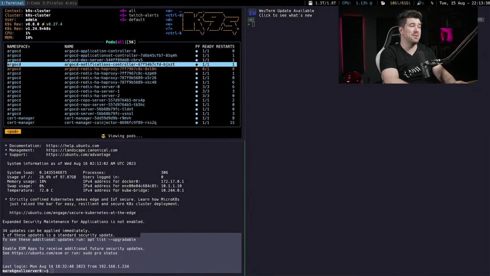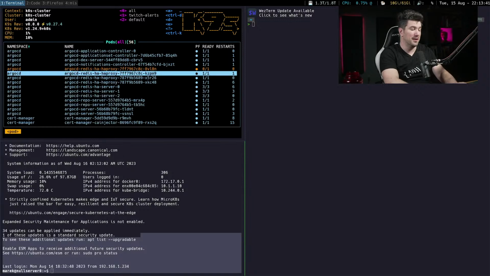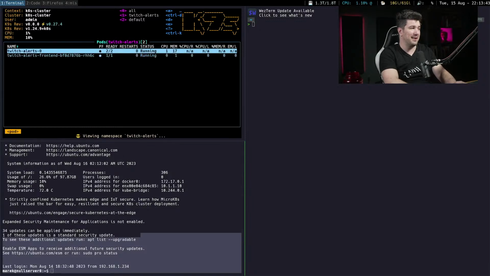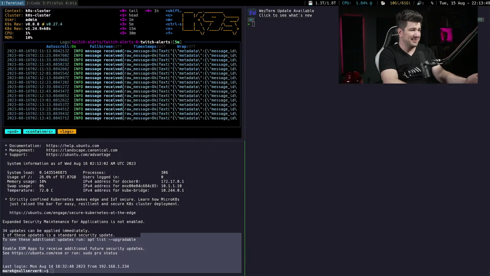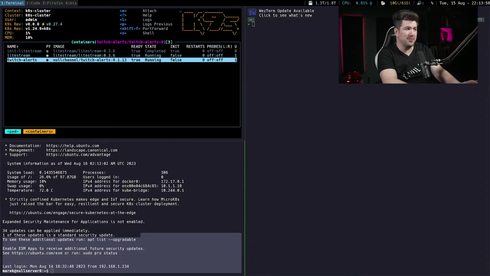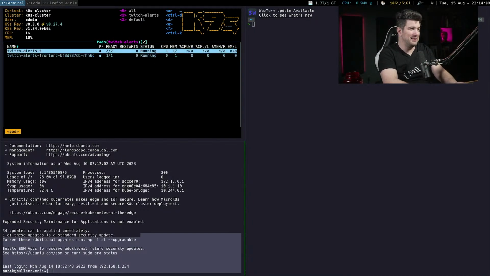I stayed away from using it for so long. And then, I can go and I can just look at the logs here and even which container in the logs, like this is actually pretty cool. And once you get used to the half Vim, half not Vim, it's really easy to get around.